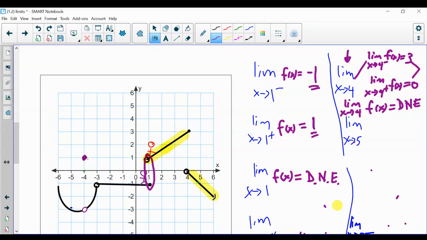Let's do another one. If I've got the limit as x approaches 5, well, in this case, let me erase this real quick here. If I'm coming into 5, well, from the left side of 5,